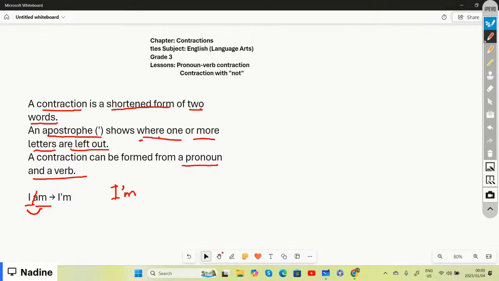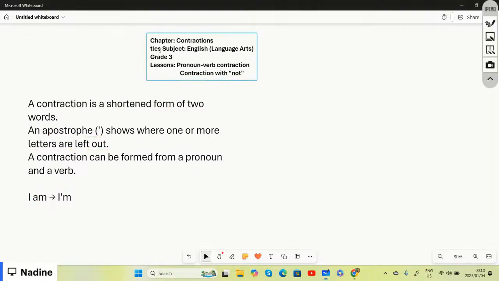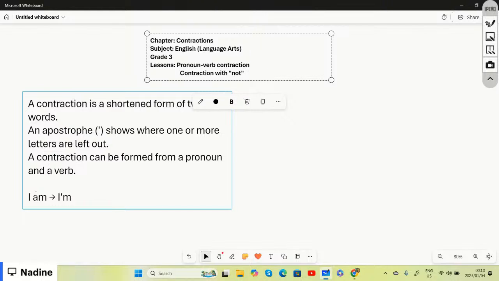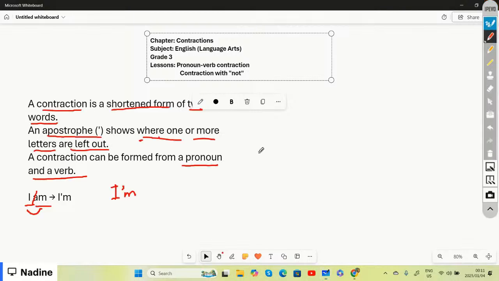All right. There are quite a few more words that we can use to show the different forms of contractions. So we're going to look at a few examples of contractions, and then we're going to try and find the contractions by shortening those two words. If we look at a few examples, let's say, for example, we have I am, which is I'm, and then we, for example, have